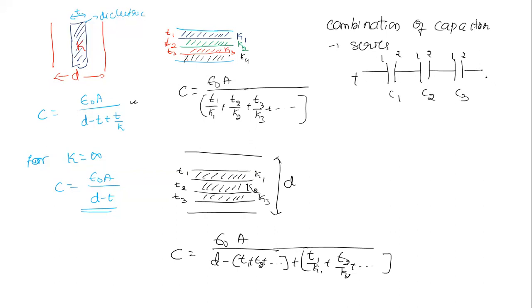If I take positive charge here and negative charge here, what will happen? This is going to induce plus Q charge here, and this is minus Q charge, and this will become plus Q charge, and this minus Q charge. But since it is a series combination, the value of charge remains constant, but the potential is different. V is different, with different values V1, V2, V3.